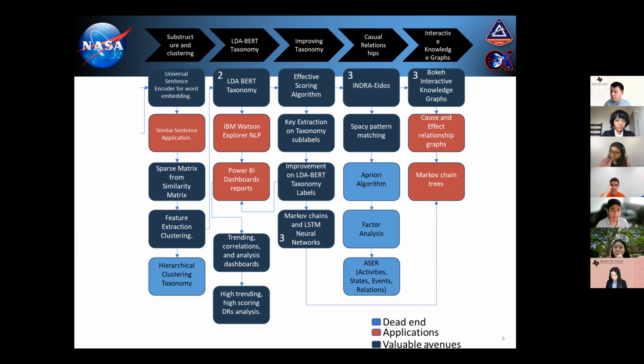And then I used Power BI to analyze trends and correlations and create these dashboards and identify high trending, high relevance phrases and concepts in this data set to bring attention to monitoring capabilities of the engineering management at NASA and support our future lunar missions. I also did some work with interactive knowledge graphs. And yeah, let's